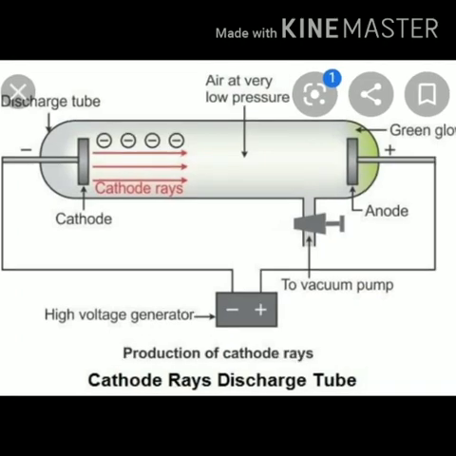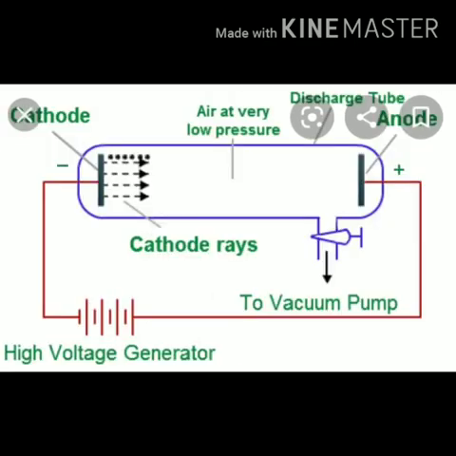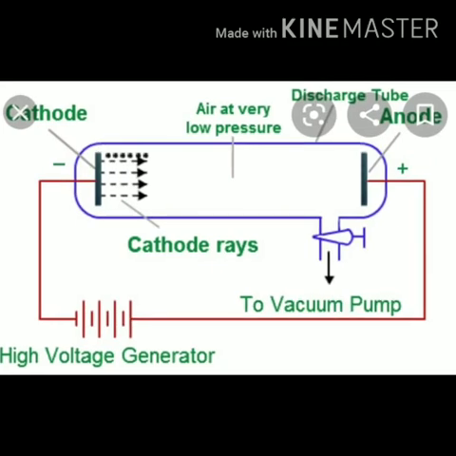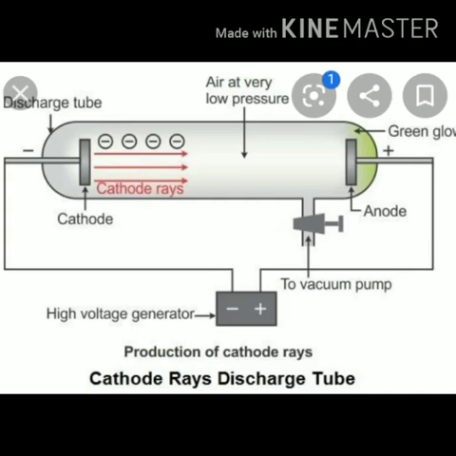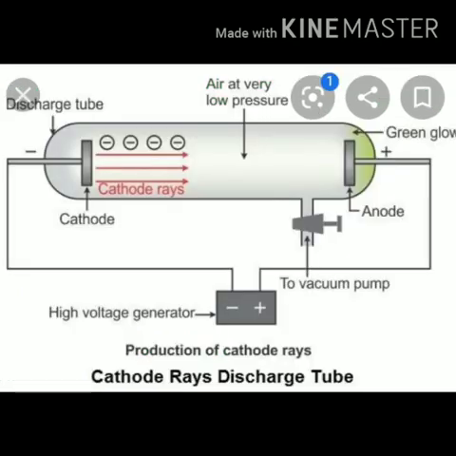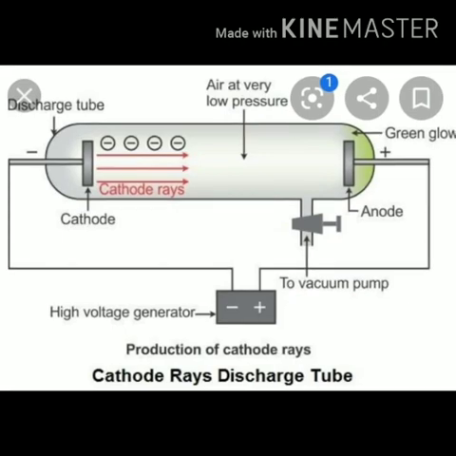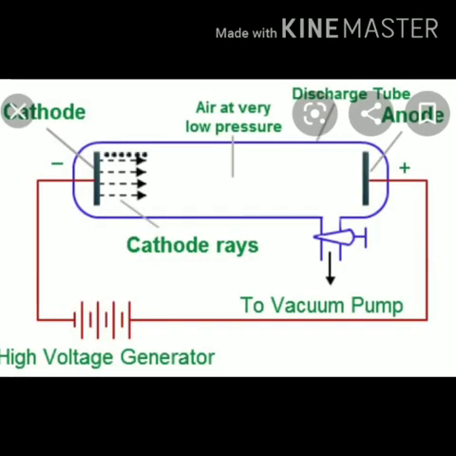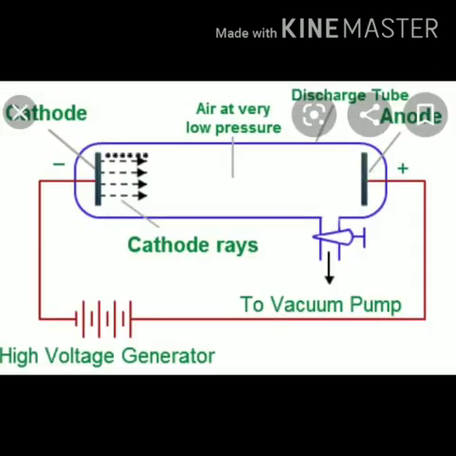In J.J. Thomson's cathode ray experiment, Thomson used a special tube, that is, a discharge tube. It is a hard, cylindrical glass tube that consists of two metal plates called electrodes, each sealed at each end of the tube. The metal plates are connected to the two terminals of a high voltage battery. The metal plate connected to the negative terminal acts as the cathode, and the metal plate connected to the positive terminal is the anode.